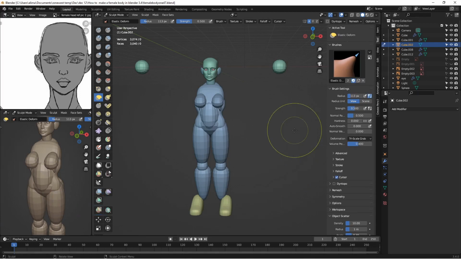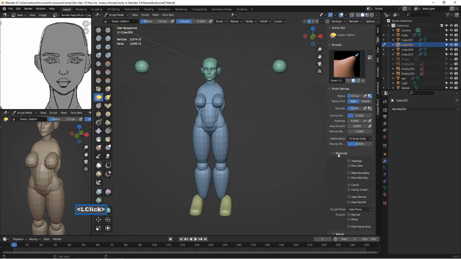Pay attention to this part right here. This is very important. I'm going to go to advanced. Here in advanced, in the tool brush settings on elastic deform, I'm going to select topology and then mesh boundary. This will allow us to work with these shapes where we can just select one shape, adjust it, select the other shape, adjust it. Even though we're all in one object, each of the shapes are still separate, so we can quickly adjust the